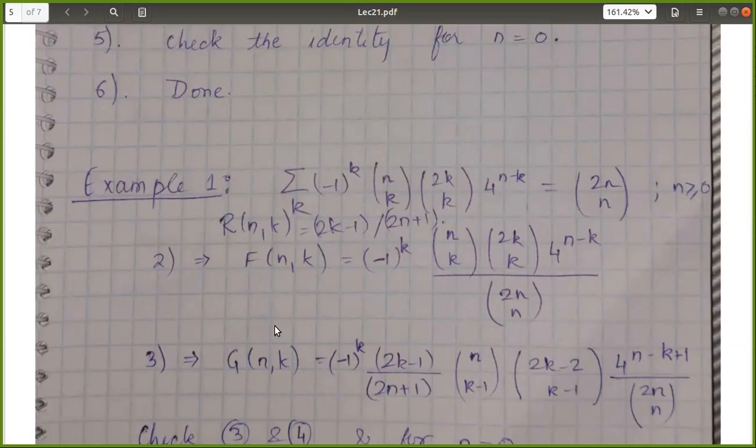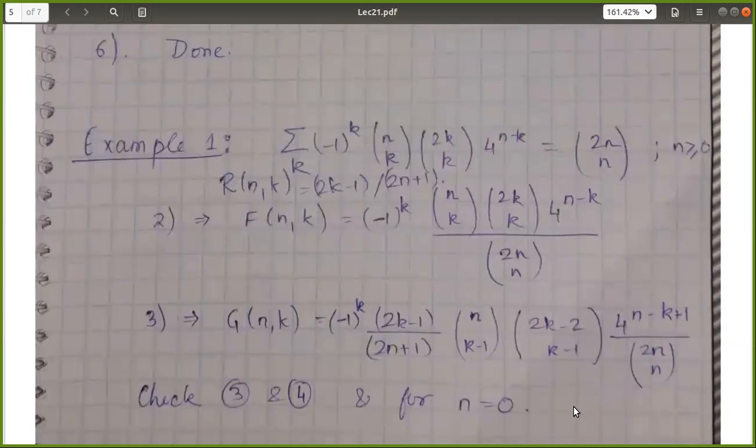What was equation 3? Equation 3 was the difference equation, and 4 was the boundary conditions, the limit as k tends to 0. Checking 4 is actually pretty easy and quick, because all the things will become 0 as k tends to infinity. So that is fine. And for the rest of it, you also check for n equals 0. And then once you are done with this, you would know that this identity is true